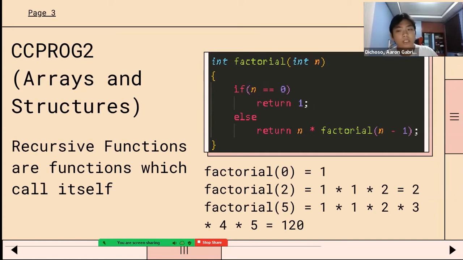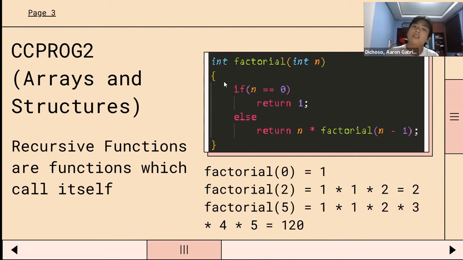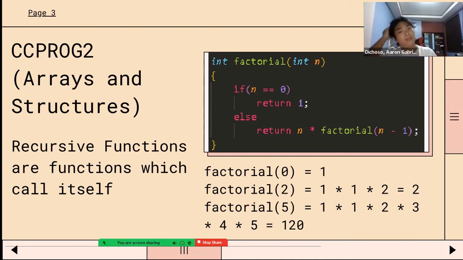The factorial of a number is the exclamation point, if you have ever seen that, where 5 exclamation point would then be equal to 5 times 4 times 3 times 2 times 1. Something like that. So if n is not equal to 0, it would return n times factorial n minus 1. What would happen here is that it would go through the function and see, oh, factorial. So let's run it again. Then it would check, is it equal to 0? If not, run n times